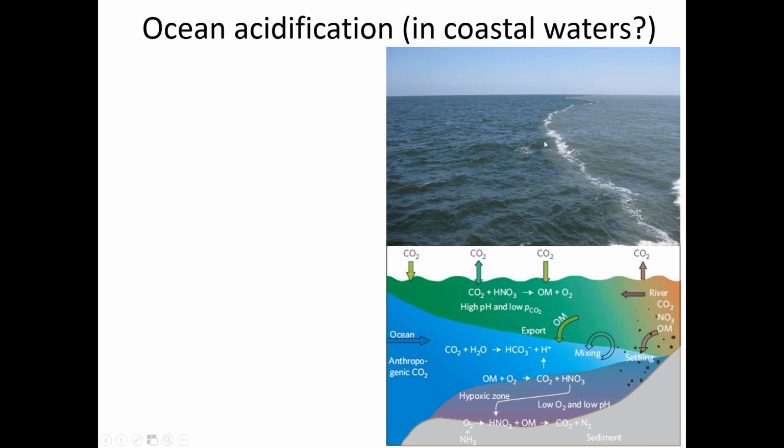What do I mean by that? Before I get to that question, I would like to briefly mention the biogeochemical background about the CO2 system in the coastal ocean, particularly in estuaries. So we have a river input with high CO2, high nutrients, and a lot of organic matter. And usually river water has very high CO2 values, some of them. So most rivers are a source of CO2 to the atmosphere.